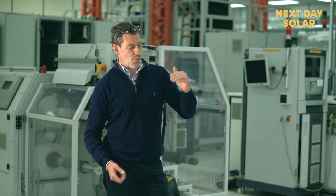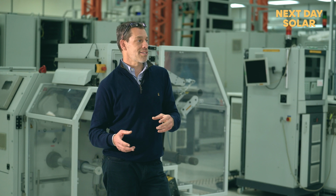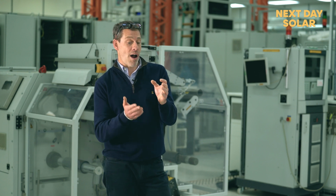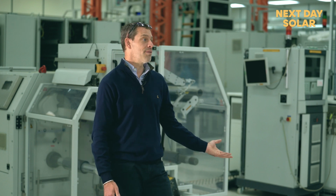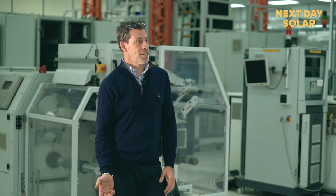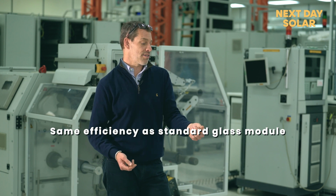Yeah. You need to be 1 volt above battery state to start charging. Definitely. So if you've only got 20 volts to play with in the first place, in the winter months, you're going to struggle to get there, apart from maybe that little small window of midday sun. So the idea of these products is they'll wake up early in the morning and stay charging later in the evening. So we've got the same efficiency as a standard glass module, but we've got all the benefits of being